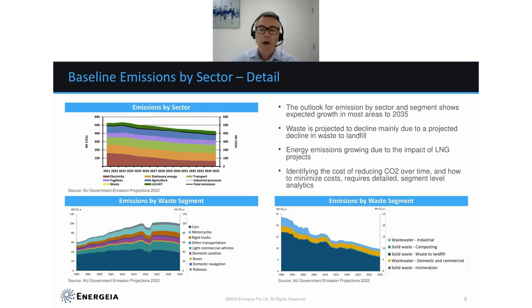presumably as a result of electrification for the most part. We have emissions by waste segment as well, and here you can see the biggest expected change is going to be due to waste and landfill. Now, anybody who spends any time in any of these sectors understands how challenging it is to estimate future demand, let alone future emissions, and then ultimately what the alternative costs of emissions reductions might be.